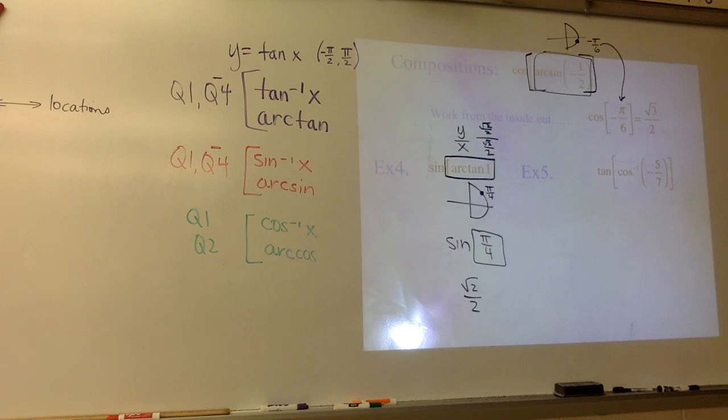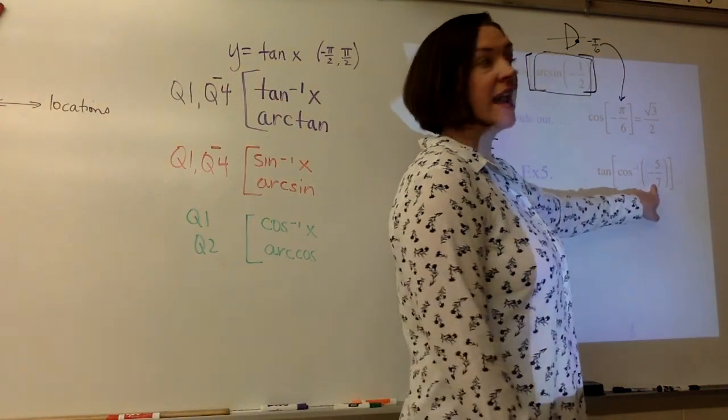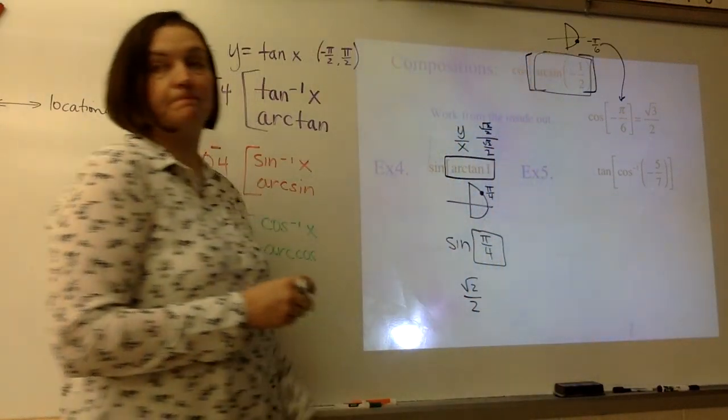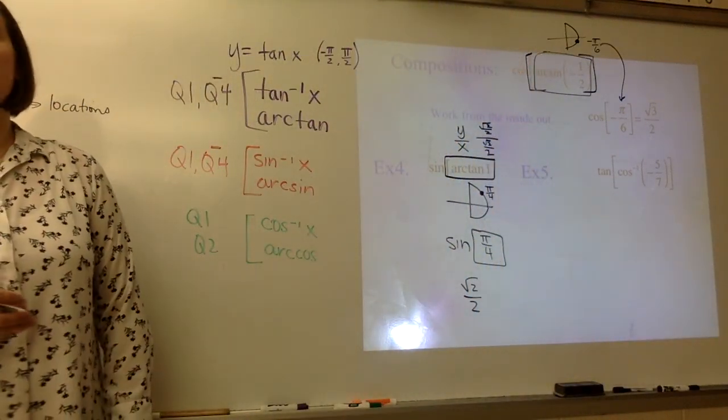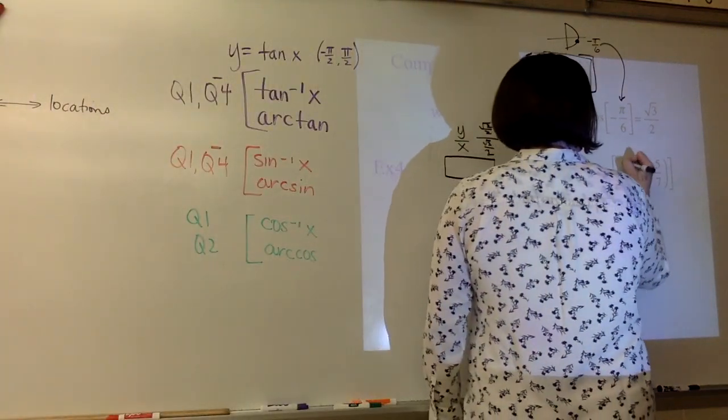Example 5 is a non-unit circle value. Write that down. Non-unit circle, which means we're going to have to draw reference triangles. So, cosine is negative. Does that happen in quadrant 1 or 2? 2. So, if cosine is negative,